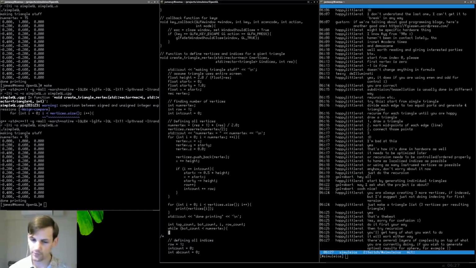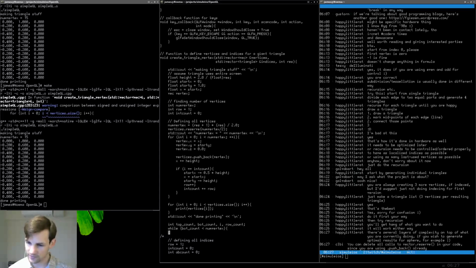Yeah, so there's multiple ways that we could do this. This is just one way to do it. You can delete all calls to vector.reserve in your code, since you're doing pushback already. Yeah, but the reserve speeds up the pushback. Yeah. Right? Am I doing that wrong? I was pretty sure that the dot reserve speeds that up. Okay,